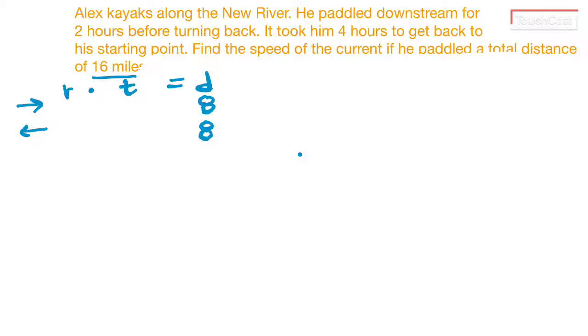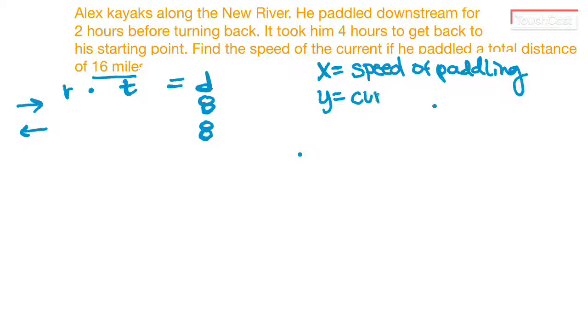We need to fill in a rate and a time so that we can have two different equations and solve for them. But let's think about our two variables. So we know if he was paddling that he was using some of his energy, and so we'll let x represent the speed at which he paddled. And then we'll let y represent the current speed. So that when we get our final answer, we'll have how fast he was paddling, how much he was contributing to his total distance covered in a certain amount of time, and then how much the current either helped or